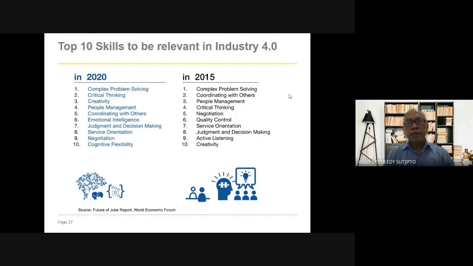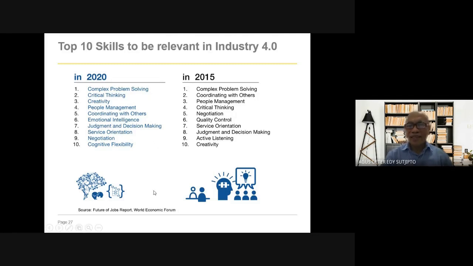And then this is in Malaysia, in the world, the 10 top skills to be relevant in Industry 4.0. But what I want to highlight here is that in 2015, among the 10 skills, active listening is there, but in 2020 it is not active listening.